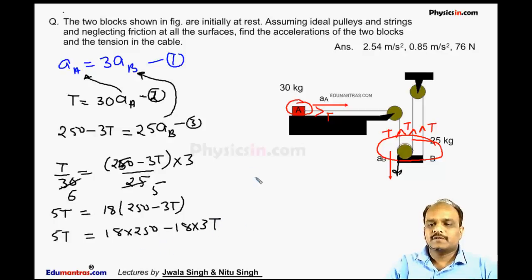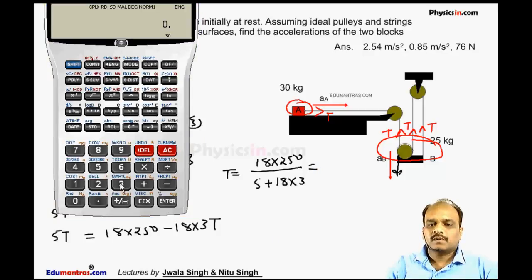So from here we get T is equal to 18 into 250 divided by 5 plus 18 into 3,